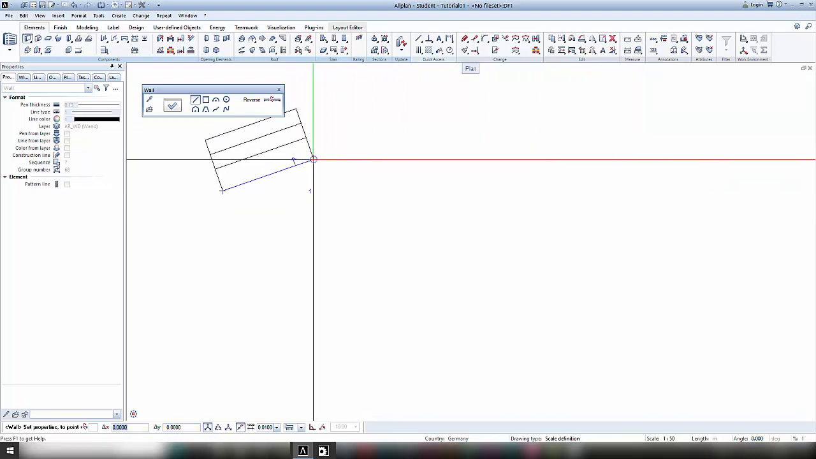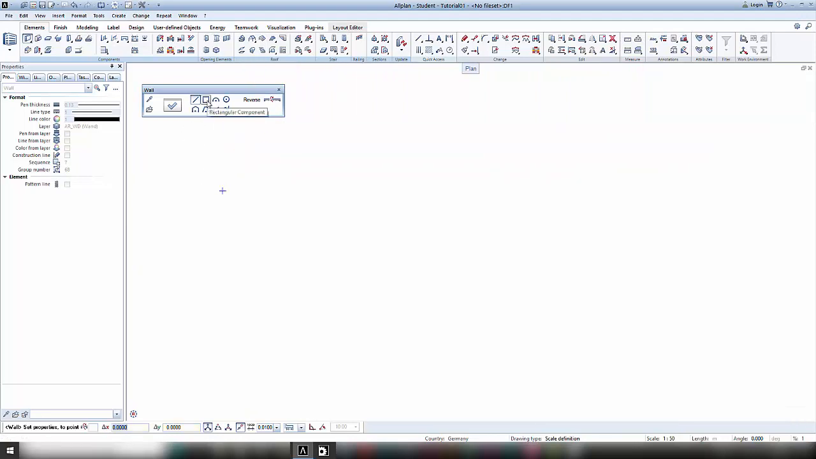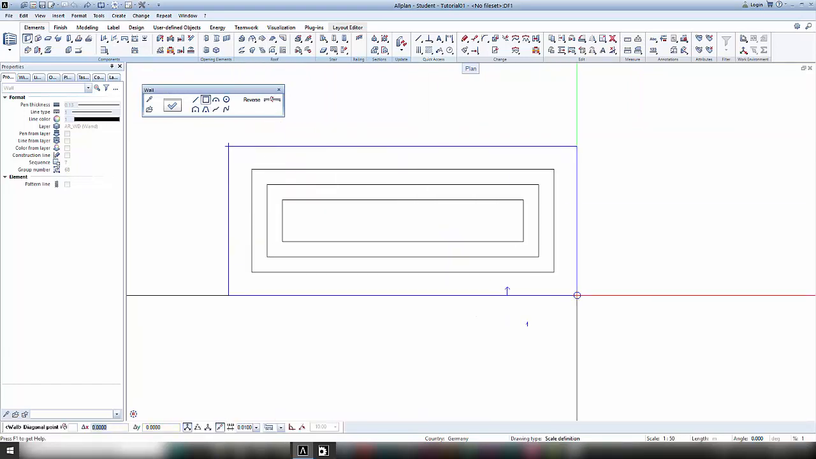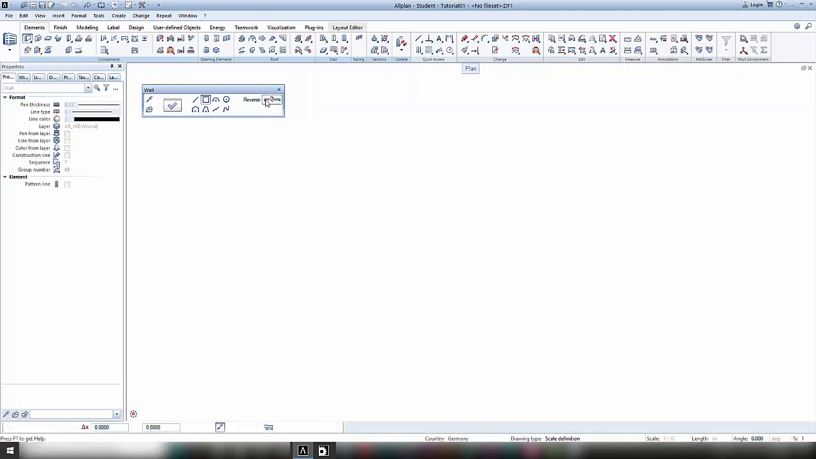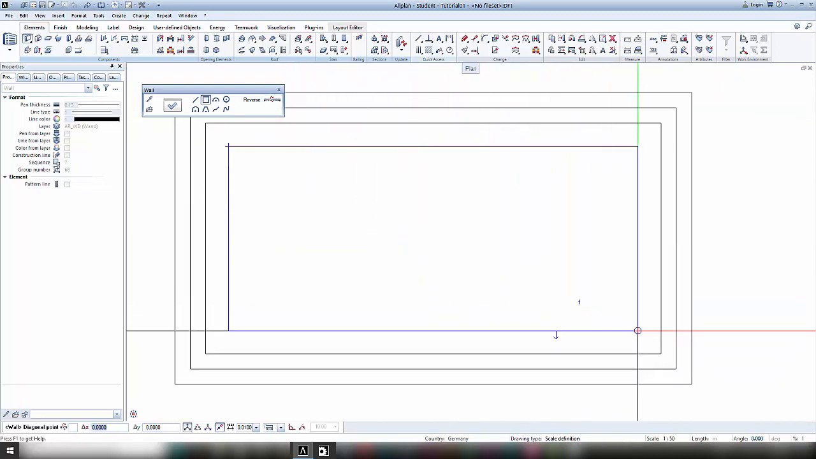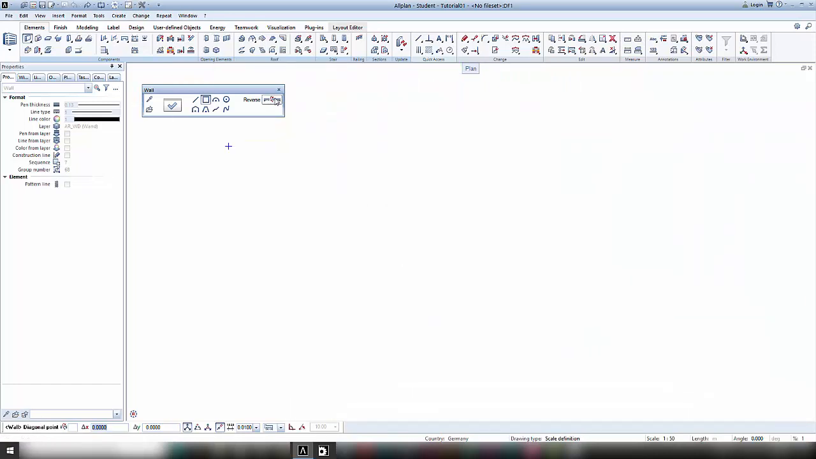In order to show you how it works, I choose the rectangle and start drawing my wall. As you can see now, my walls are on the inside of the blue line. If I reverse it, they are on the outside. My first layer is the thickest one. So I reverse again